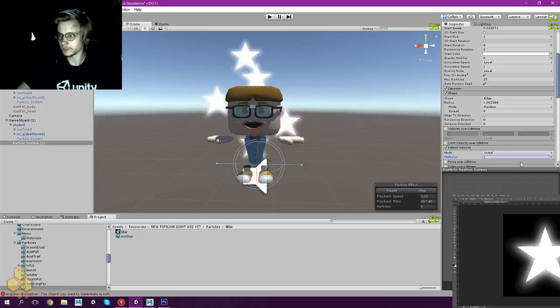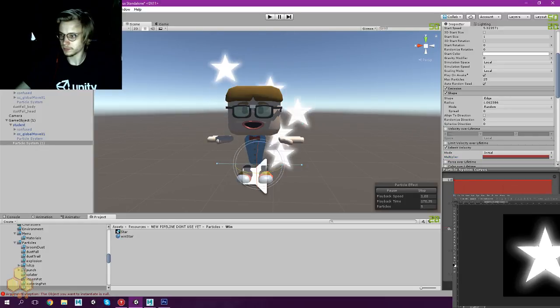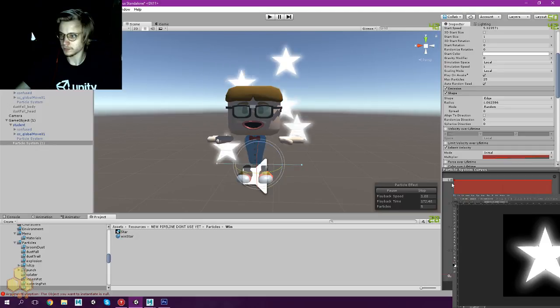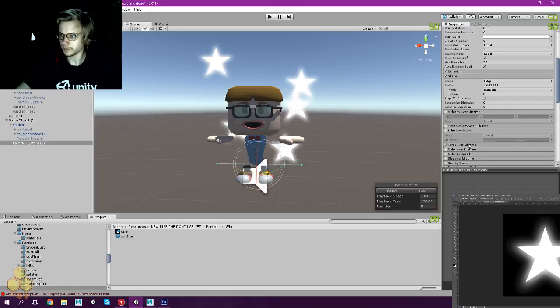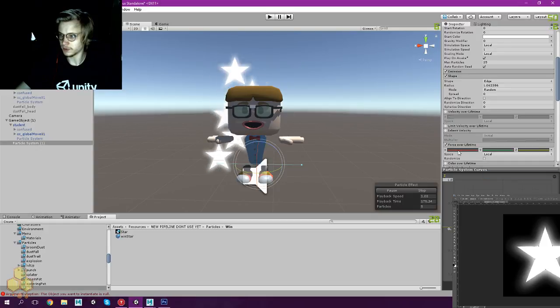Let's see. No. Force over lifetime. And I think that in this case I can do that. Random between two curves. And if I do that,